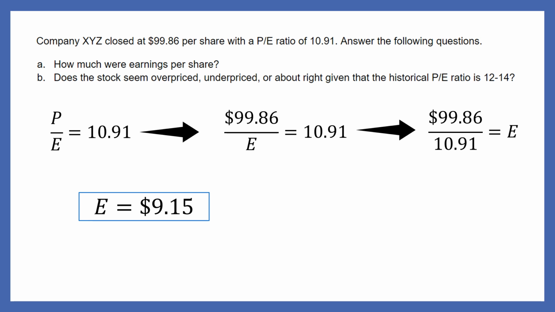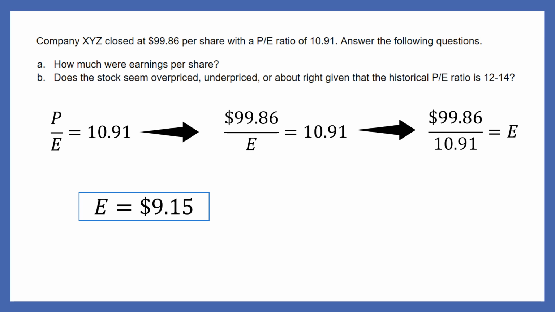We do that, we end up finding the earnings are about $9.15 per share. And so that company is making a profit. This isn't a terrible earnings amount, but it's in the context of what the price of that stock was. Since that stock was priced at $99.86, that's a pretty low earnings for that price. In other words, the PE ratio takes into account the earnings and how high the stock is trading at. In this case, it's trading at 10.91